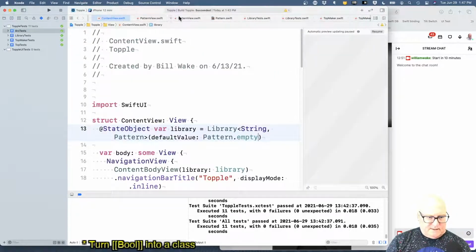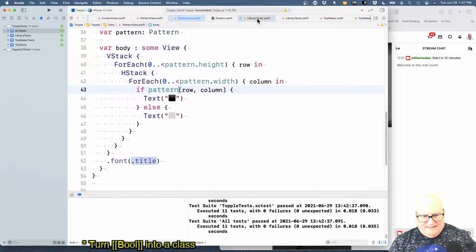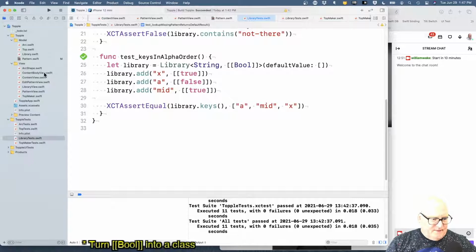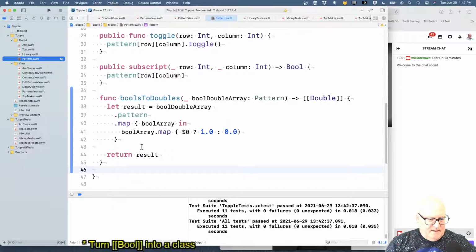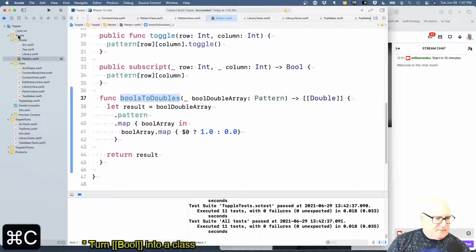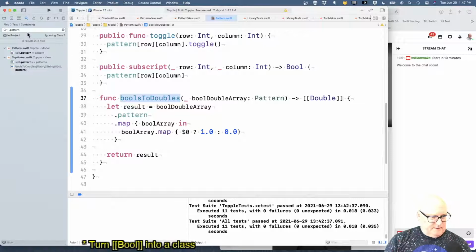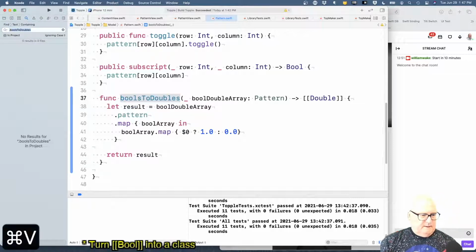Well, I lost it. Pattern. The name obviously won't do either, but let's get